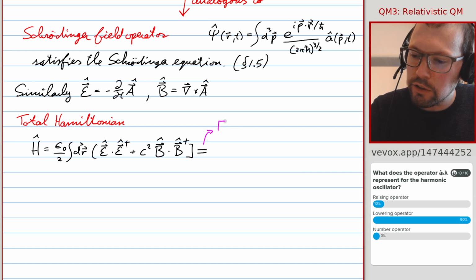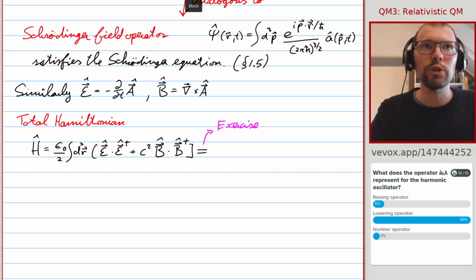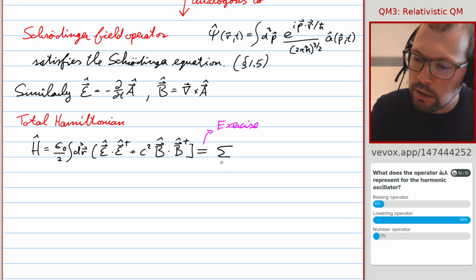Now in the exercise, you actually work this out to check whether it agrees with these quantum harmonic oscillators. And you will find